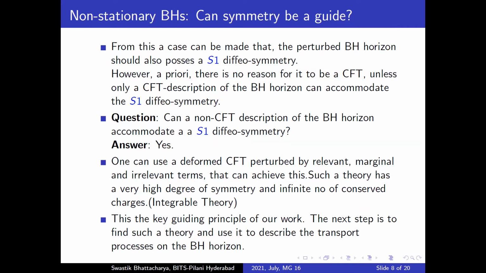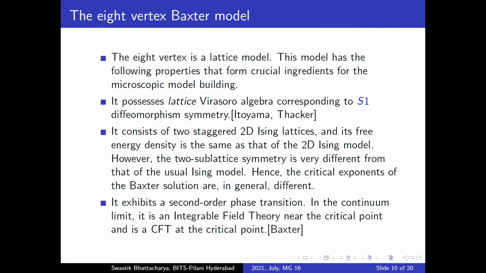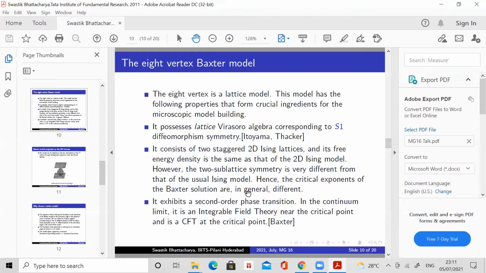And then what we'll do is, this theory is already a low energy effective description. We'll go to an even lower energy limit where we'll try to catch something of the hydrodynamic properties of the black hole horizon using this theory. So given the complexity of the problem, we'll settle for a toy model. So the toy model that I choose is basically like a Virasoro model.